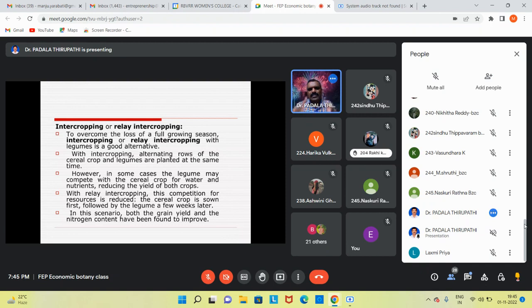Have you ever heard of furrows? You have ridges and raised furrows, and in those, alternately we are cultivating different crops at the same time in the same soil. So we can call that intercropping or mixed cropping. However, in some cases the legume may compete with the cereal crop. Okay, so definitely they compete for nutrients, they compete for air, atmosphere, they compete for the space. And also with the cereal crop for water and nutrients, reducing the yield for both